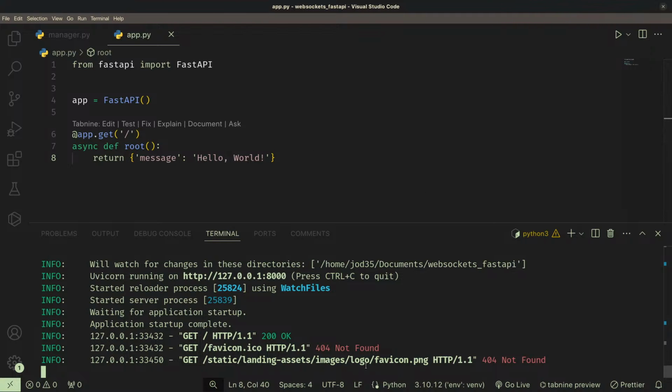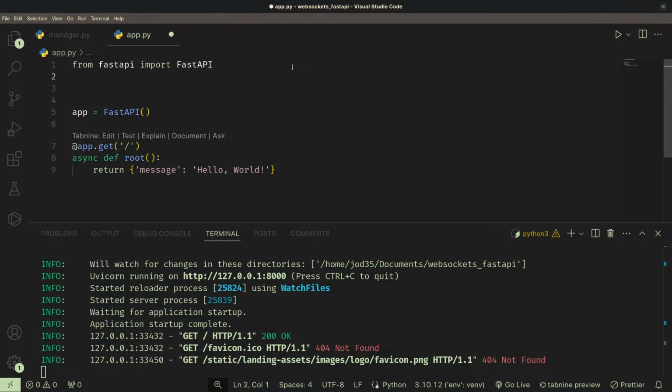So since we did the standard FastAPI installation, we can go ahead and also set up templates or HTML that is dynamic that we can render via our server. So to do that, we can come right here and first of all create what is called a template object. So that template object is going to help us to render or return a response that contains an HTML template or a Jinja 2 template. So I'll come right here and say from